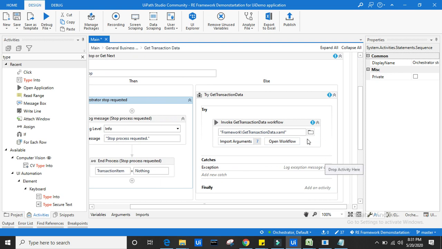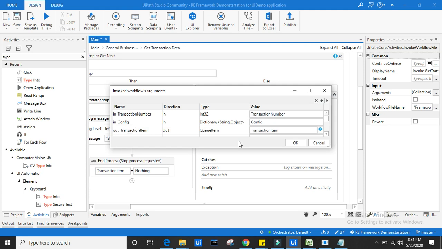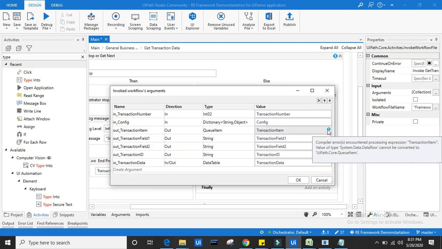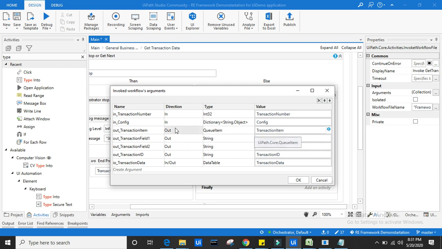Now here we are seeing one error. Let me check where the error is. Just click on the import arguments tab. In the import arguments tab you can see an error here. It is because of the transaction item, out dot transaction item.